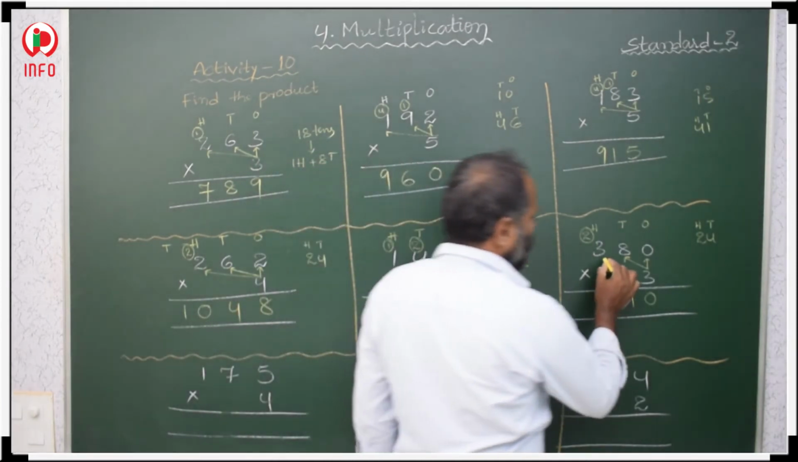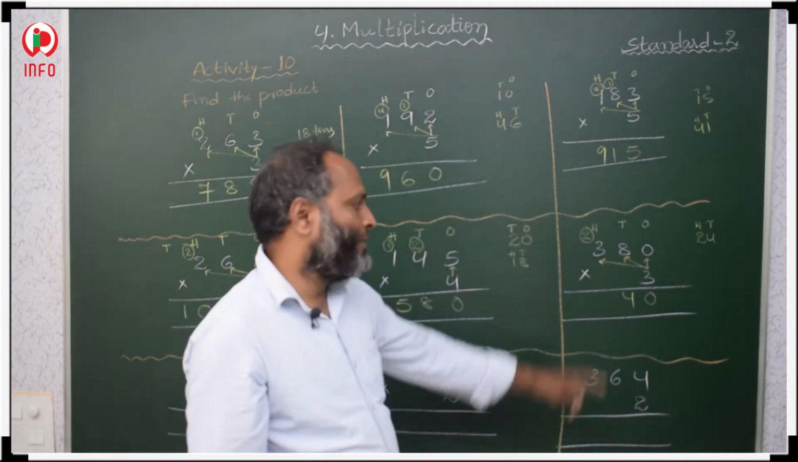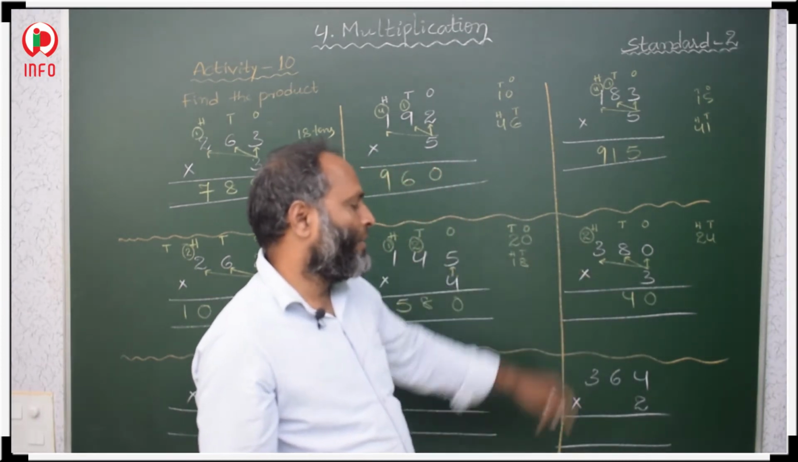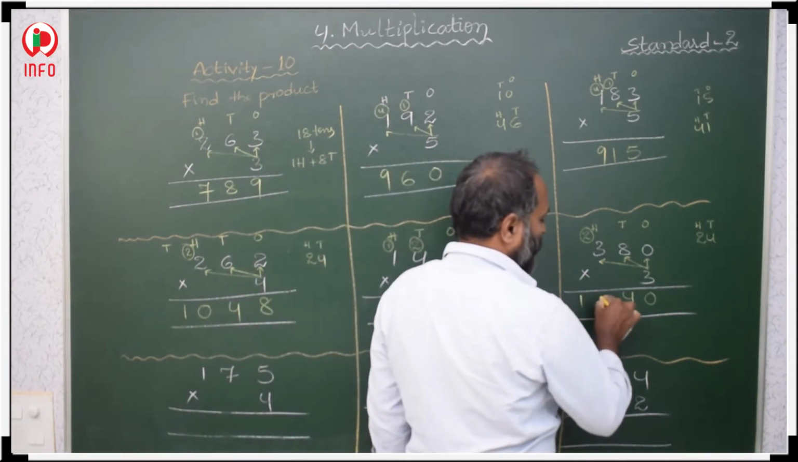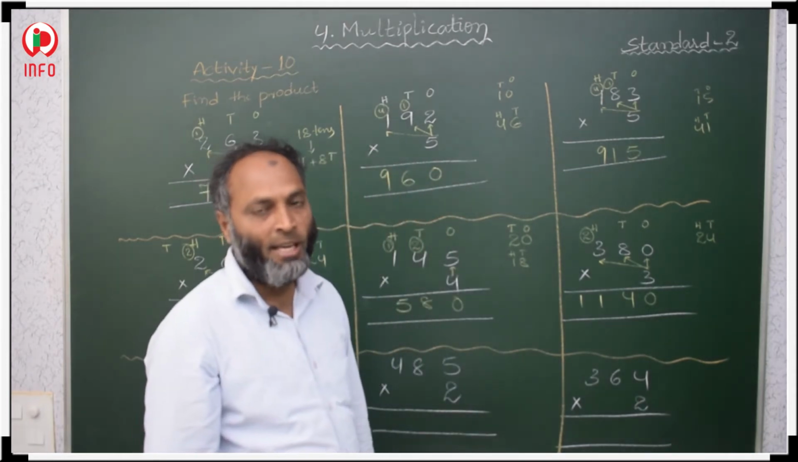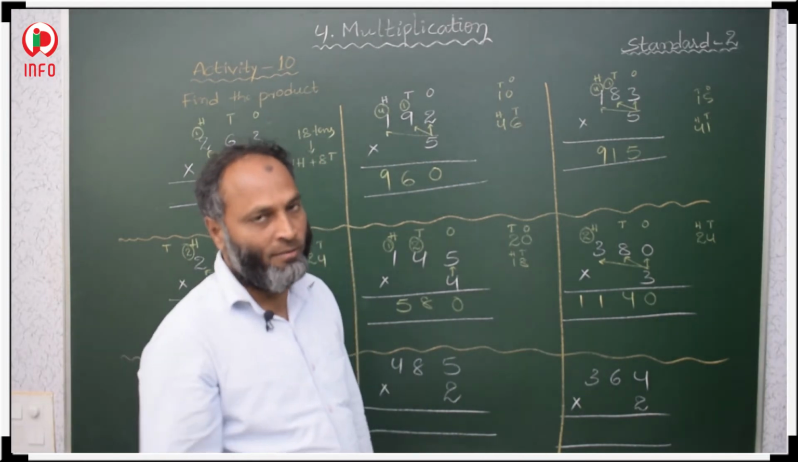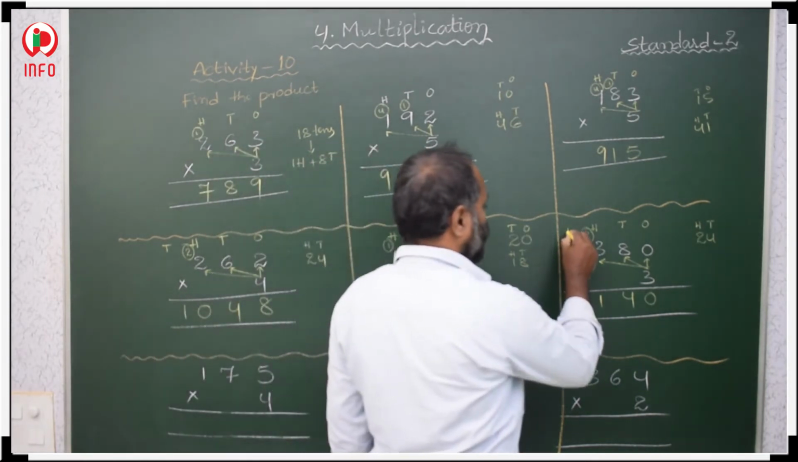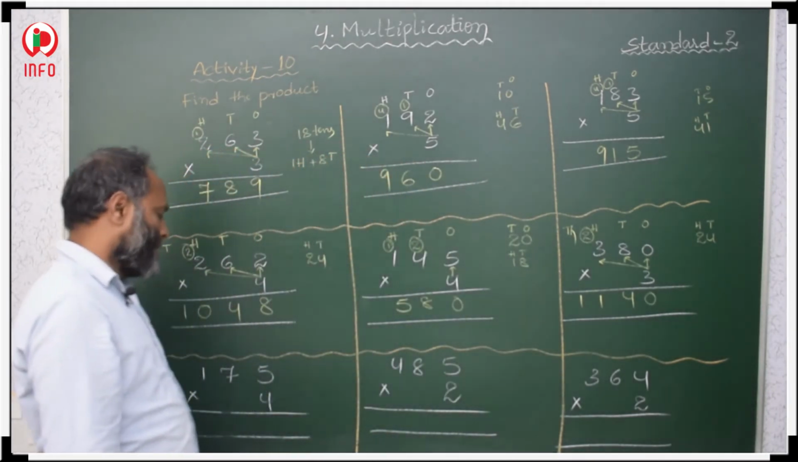Now, 3 3s are multiplied with hundreds place. 3 3s are 9 and here 2 is there. 9, 10, 11. 11 hundreds means 1000 and 100. 1 in hundreds place, 1 in thousands place. 1000 also we have to take. Next,